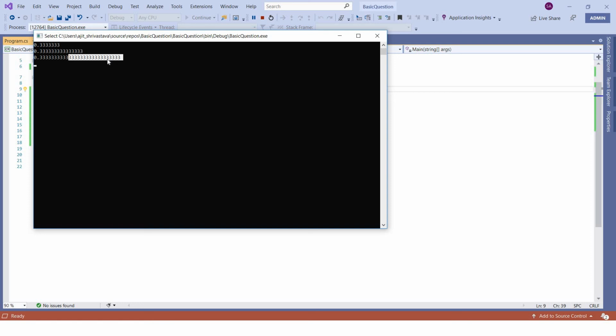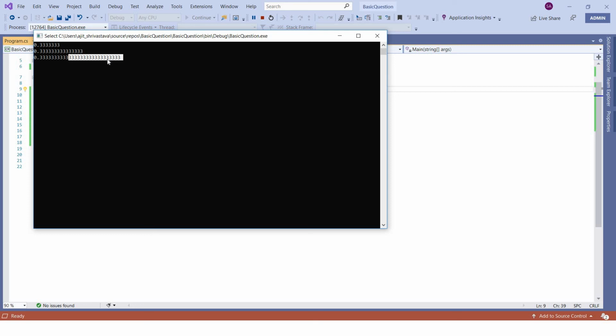So if you are working on a number-specific application which is mainly used in banking or the financial sector, you should be using decimal. If you want more precision, you should use decimal. If it is in between, you should use double, and if you are not really bothered about the number of digits after the dot beyond a certain number, then you can use float.